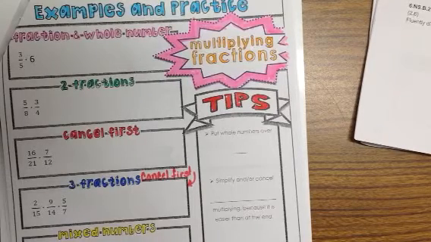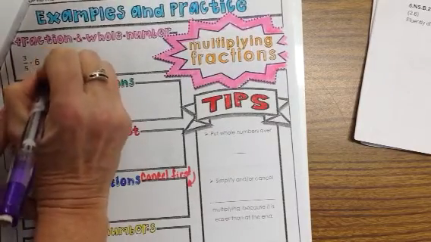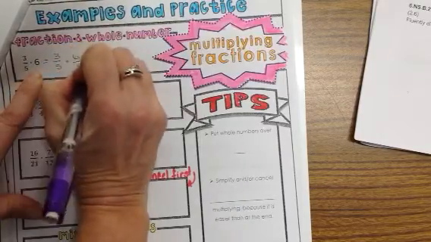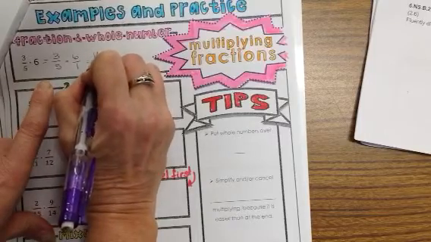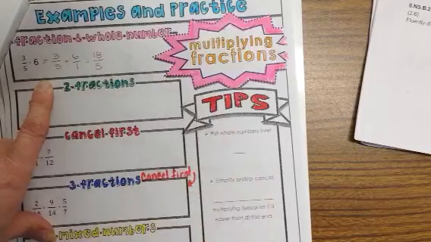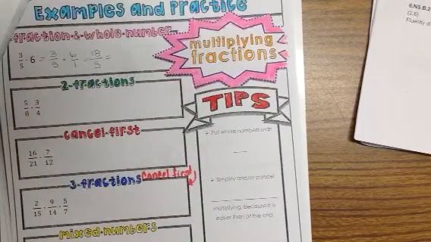Okay, so you were supposed to try the examples in practice, so I'm going to go through and just give you the answers. So if I would fix this fraction, I would do 3/5 times 6 over 1. And then I can't cross cancel, so I'm just going to simply multiply. And 6 times 3 is 18. 5 times 1 is 5. And then I'm going to simplify this because we did that all last week and our top is bigger than